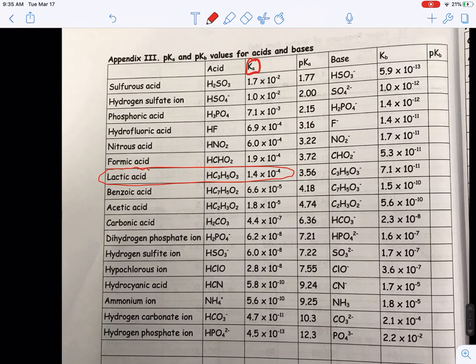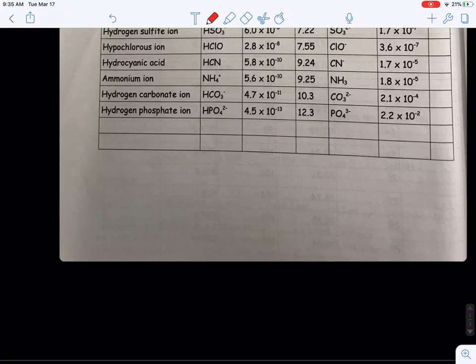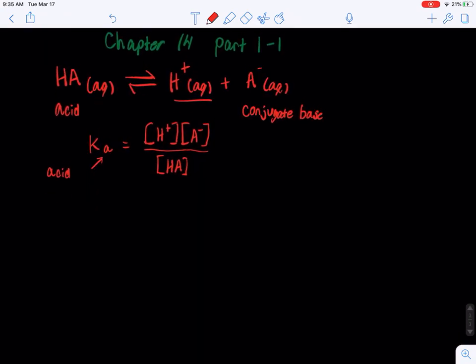You can find this on your lecture guide on page 58. Okay. And I want to work with lactic acid here just to show you how to use it. So if you were asked to describe the equilibrium for lactic acid, you would go like this: